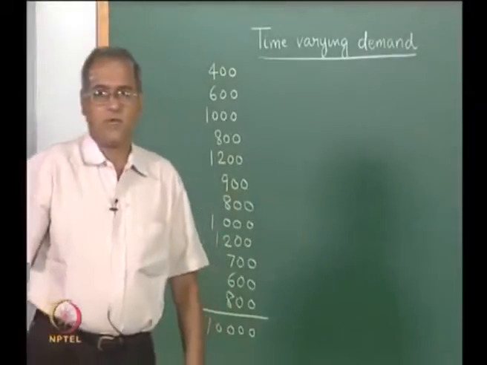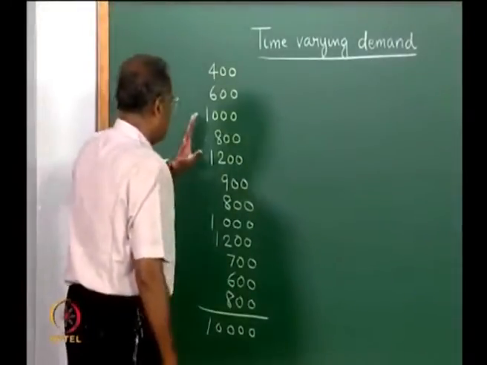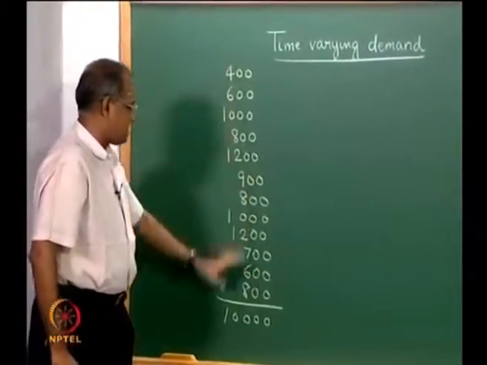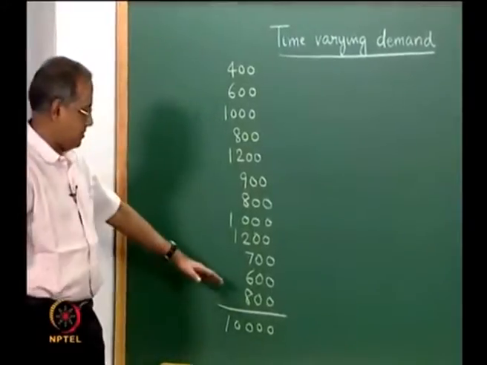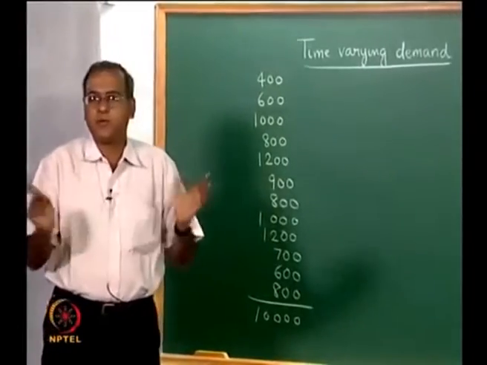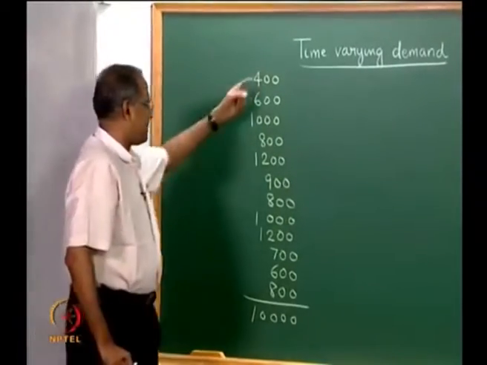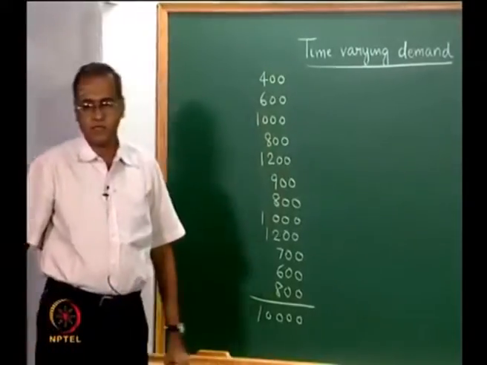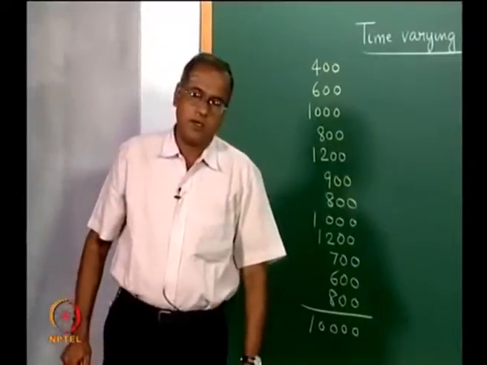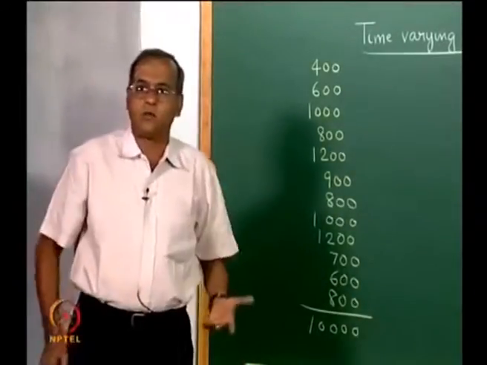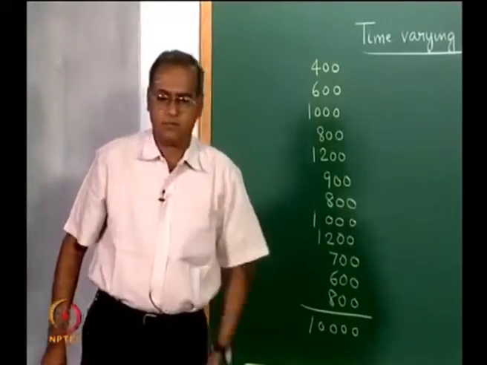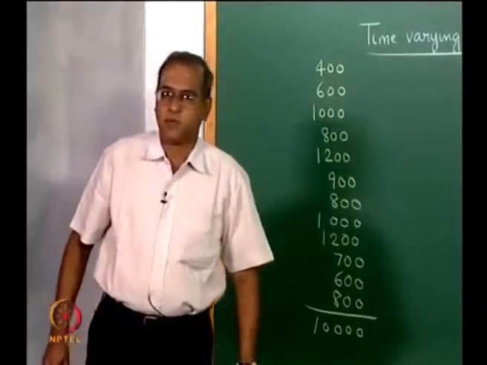Last lecture we looked at how to order when the demand varies with time. This was the example that we took, where we took the annual demand to be 10,000, but the annual demand is not distributed equally to the 12 time periods, but it changes with respect to each of these time periods. We saw a mathematical programming formulation for that problem, and we also saw why and how we may not be able to use the well known economic order quantity result in solving this type of a problem.